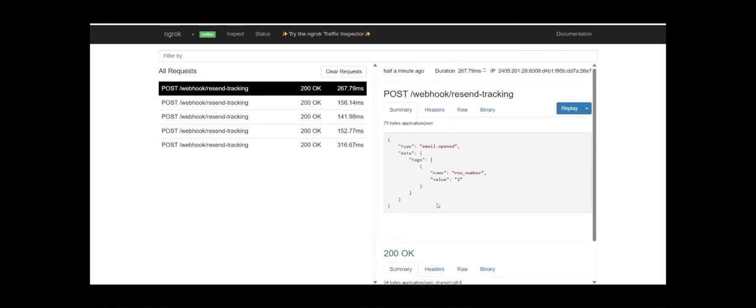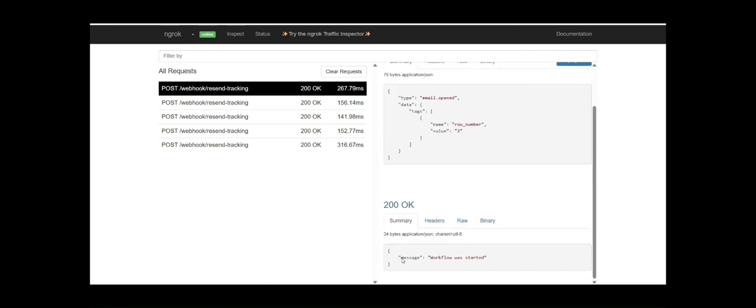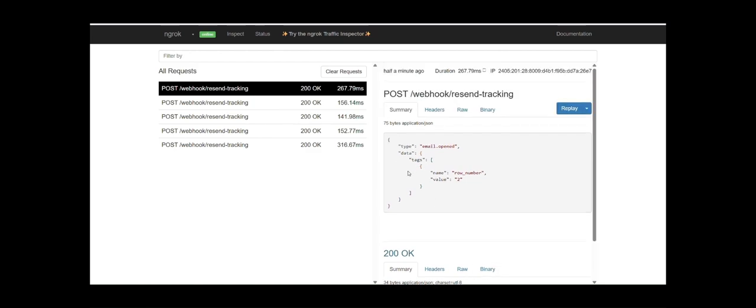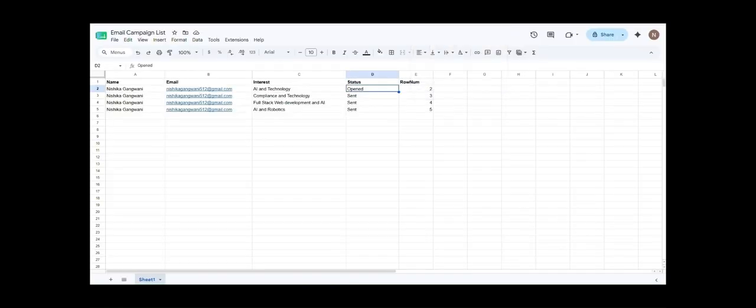No manual work, no checking dashboards. The sheet updates itself. And here is the ngrok dashboard. You can see every single request that came in, the timestamp, the payload, the 200 OK confirmation. This is a live stream, not a mockup.